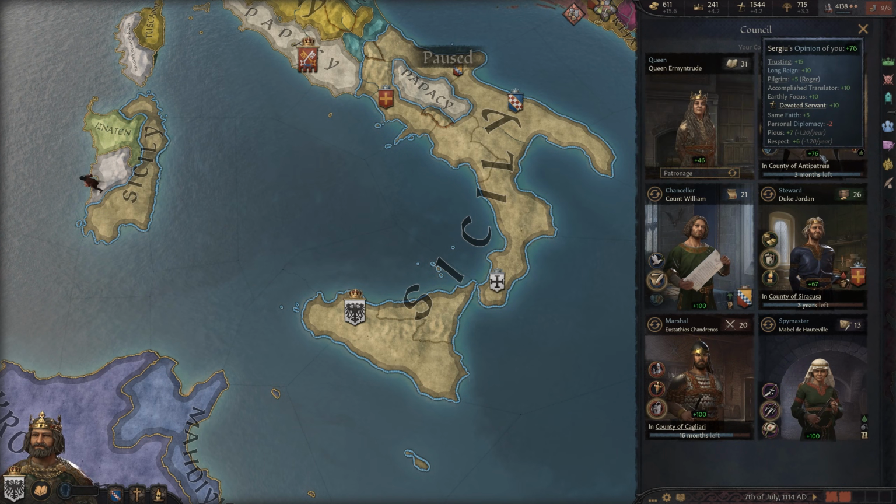So the way that this works, your realm priest gives you 0.5 taxes and 1 levy per opinion point above 0 up to a maximum of 50. So anything after 50 is a wash. At 50, he will give you 50% of the taxes of his leased temple holdings and 100% of the levies of his leased temple holdings.